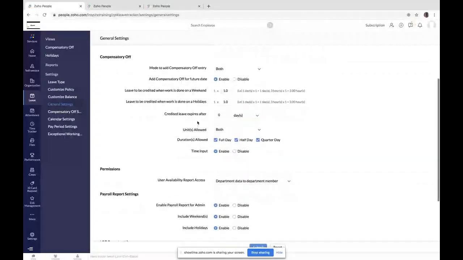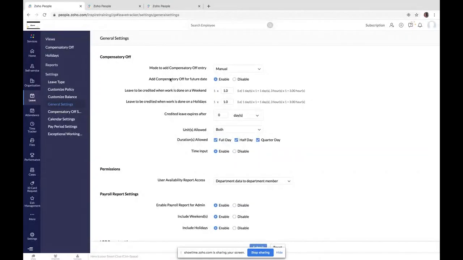Moving to the next topic called compensatory off. So you do have an option in order to convert your overtime that you log into the system into a paid leave called compensatory off. So you can have a mode of compensatory as automatic one, where the automatic comp off will run on a weekend or a holiday, and it will convert all your overtime into compensatory leave. Or you can enable the manual way, where employees will have to go record their compensatory off, and the balance will be credited to such employees. Or you can have an option to allow both the ways. So if you wish to disable the compensatory off, you can very well do it.